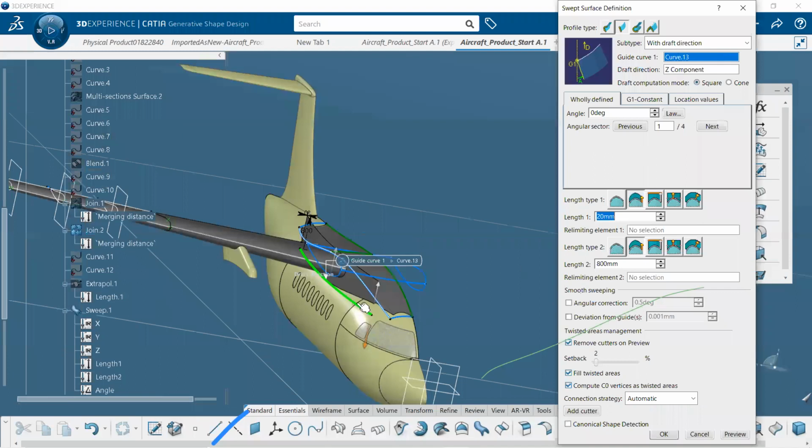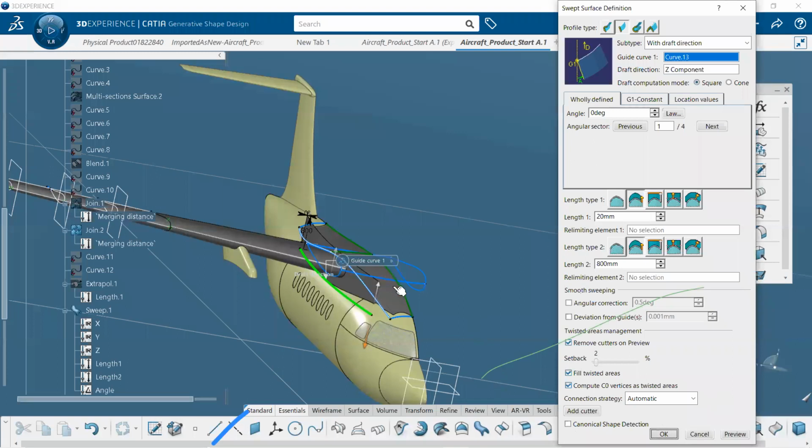First I selected the curve, then the z direction, as you can see in the tree. I extruded in the z direction with a distance of 800 mm. Then I clicked OK.